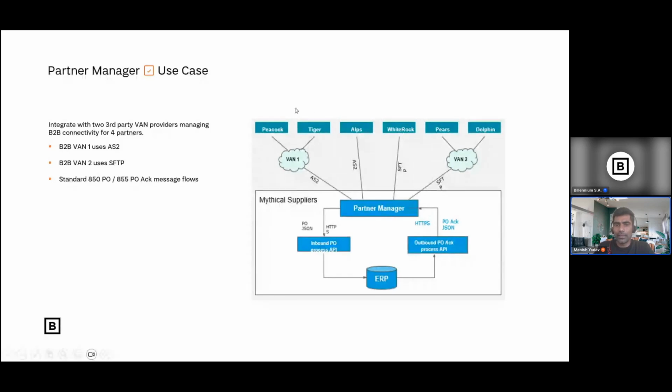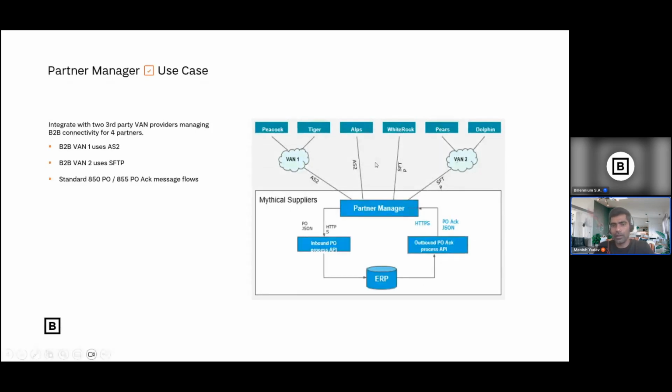So they signed a contract with a third-party company who mentioned, no, I will set it up for you. You just give all the information to me. I will set up AS2 protocol for you. Then those partners are sending the purchase order manually or using some form to this guy, and this guy is setting up the AS2 protocol and sending the purchase order to the partner manager. Hope it is clear, right? What does this value added network mean?